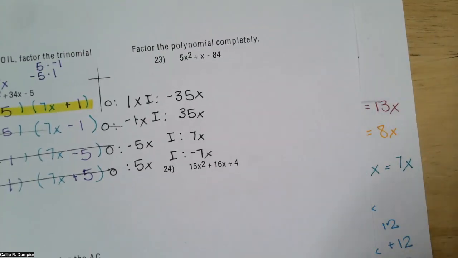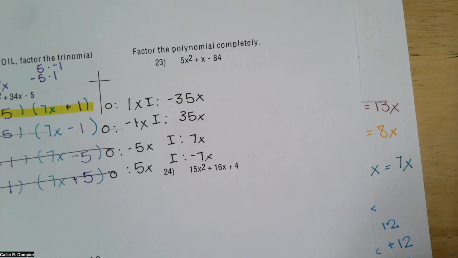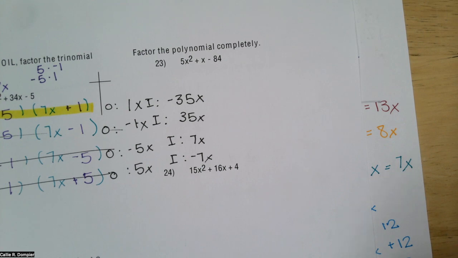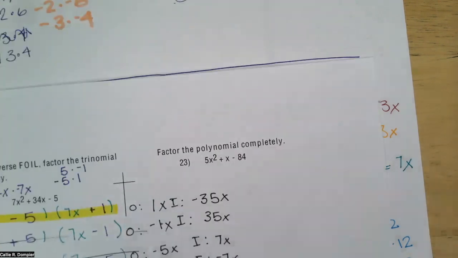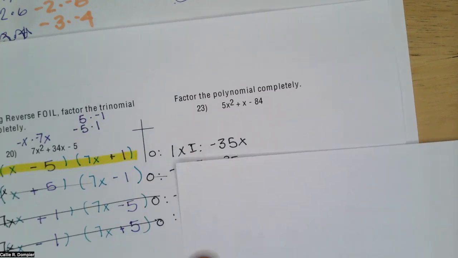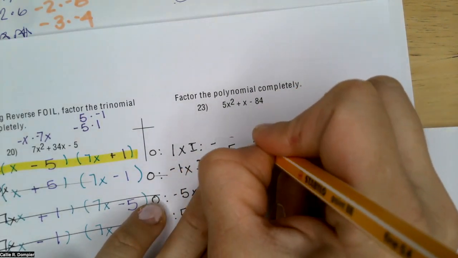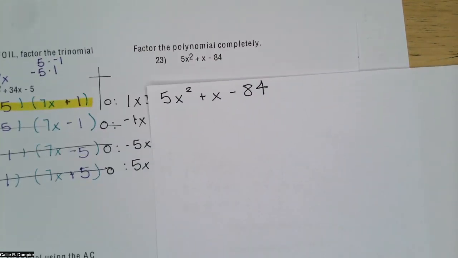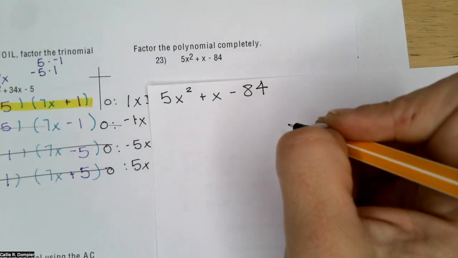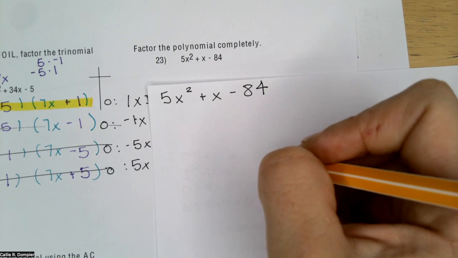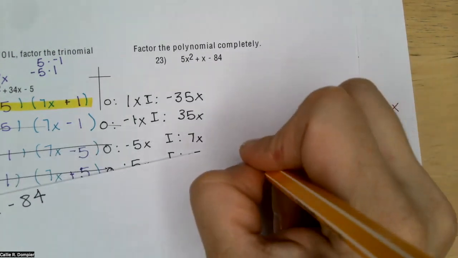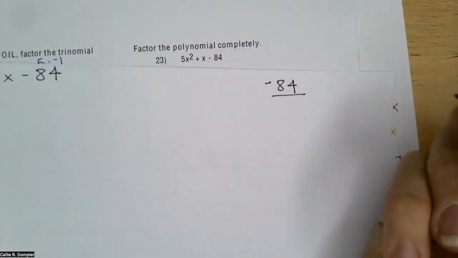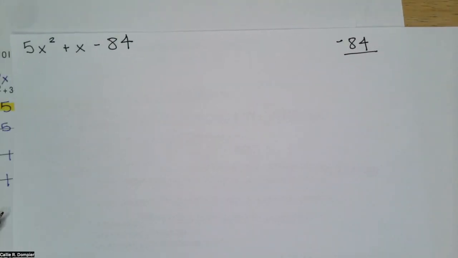All right, the AC method. I'll do it, but I'm only going to do one. So 23 is 5x squared plus x minus 84. Good. All right. What are the factors of -84? 84 divided by 2 is 42. So we have